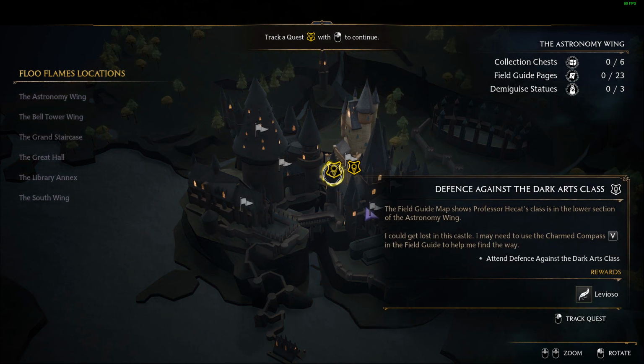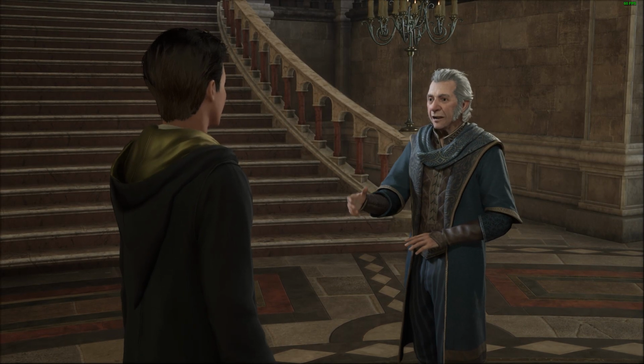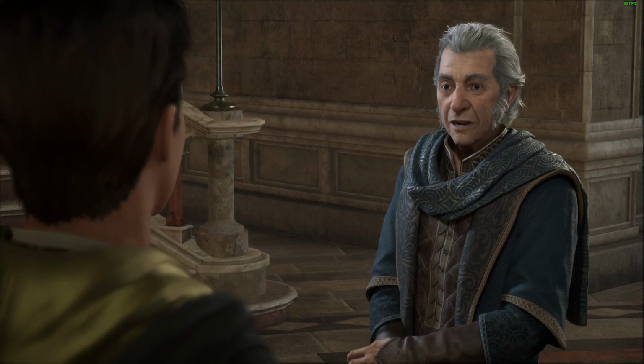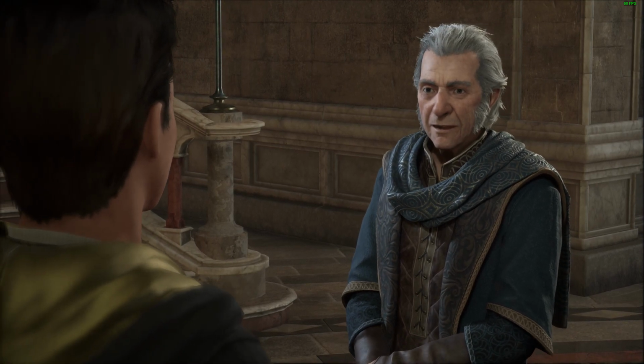Defense against the dark arts class. Mouse right. The map is enchanted to help you find your way. This will be incredibly helpful. Thank you. Now, sounds like you've quite a day ahead, what with classes and a trip to Hogsmeade for supplies,